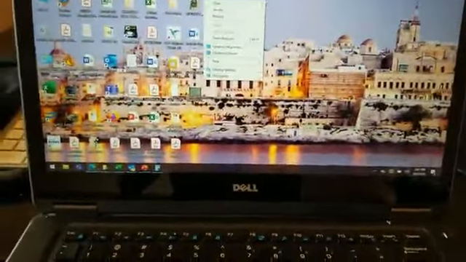Just right click on your desktop and go graphic options, go output to, now you can clone these displays where it'll be the same on both, but I need them extended. I want the built-in display as my left side and this is my right. And the reason for that is